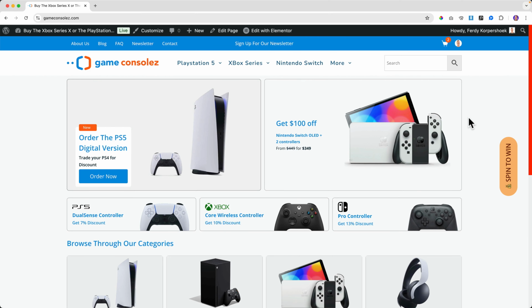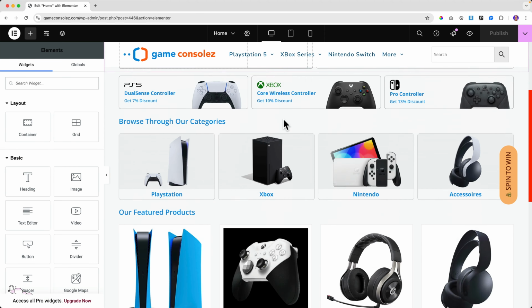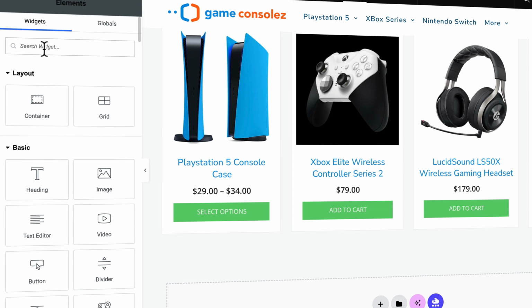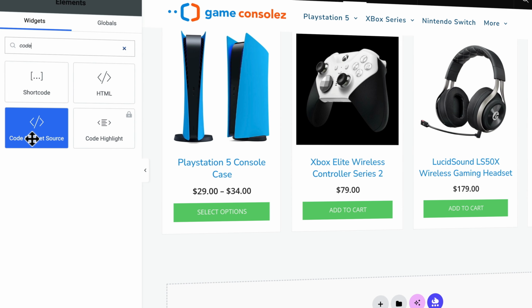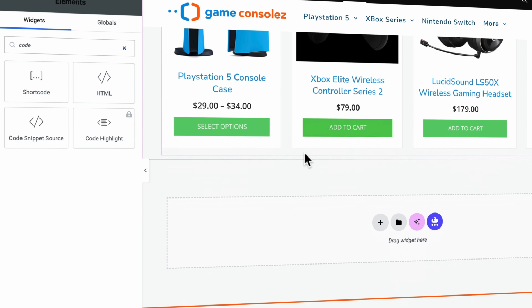So what else can you do with the plugin called Code Snippets? Well, let me show you right now. There are two more things I want to mention. The first one, if you use Elementor or the Gutenberg editor, the WordPress editor. With Elementor, you can open your page with Elementor. You can share code snippets really easily and beautifully. So I search over here in the widgets for code, and it will show you code snippets source.